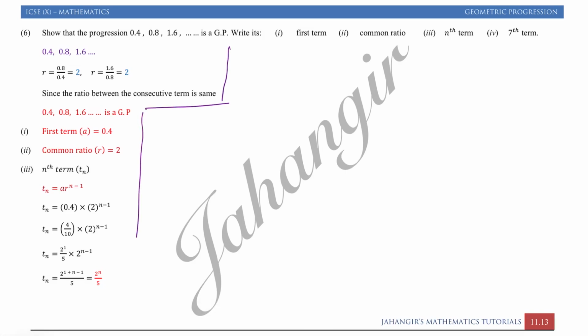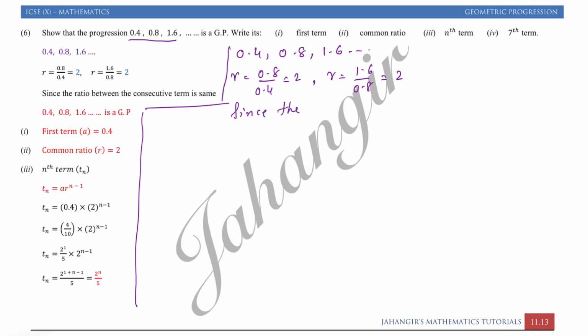Question number 6. Show that the progression 0.4, 0.8, 1.6 is a GP. So again we will show the ratio between the consecutive terms is the same. So first r is equal to 0.8 upon 0.4, that is 2. r is equal to 1.6 upon 0.8 is again 2. So we can say since the ratio between the consecutive terms is the same,